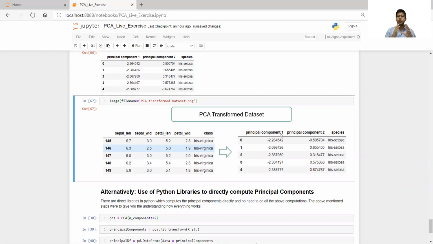The idea to understand is that when we say dimensionality reduction, we are reducing the dimensionality, but it doesn't mean we are simply removing some of these dimensions in the backend, such that we are left with sepal length and petal length. This is not the idea. Dimensionality reduction means reducing the dimension and then transforming the data set with respect to those new transformed dimensions.